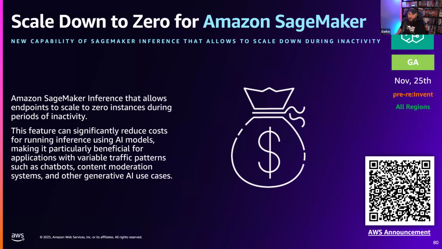Similar to Amazon Aurora Serverless, finally being serverless, you can actually scale down to 0 for Amazon SageMaker. One of the challenges I had in the past with Amazon SageMaker: I mentioned SageMaker can not only train your models or do some data stuff, but it can also host inference, right? If you have a model that you train, and I'm not talking about generative AI, I'm talking any model, and you host it on Amazon SageMaker as an inference endpoint, it's going to cost you some money, right? What it now allows is for inference endpoints to be scaled down to 0, basically costing you no money when it's not running.